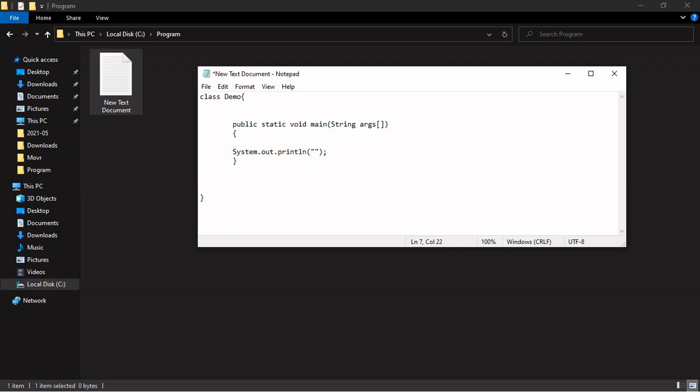Now I will be printing hello world. So our program is complete.